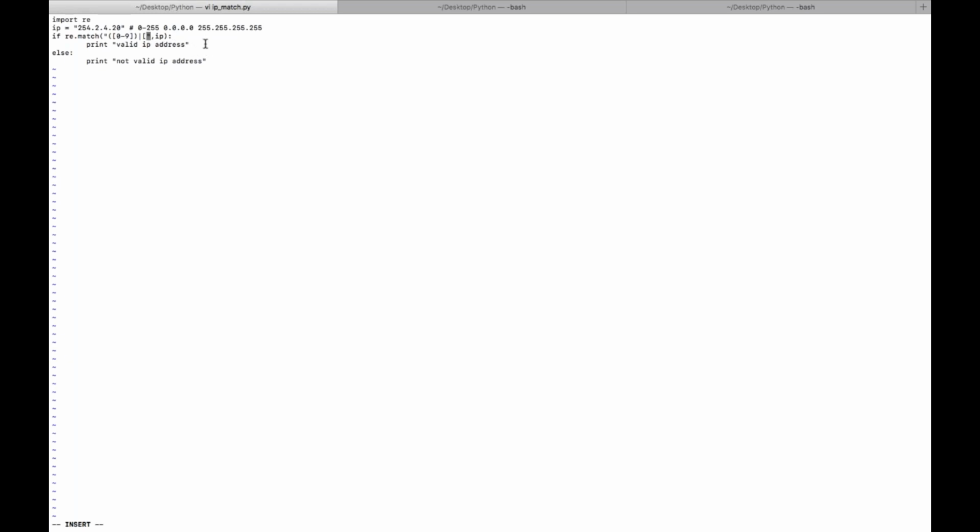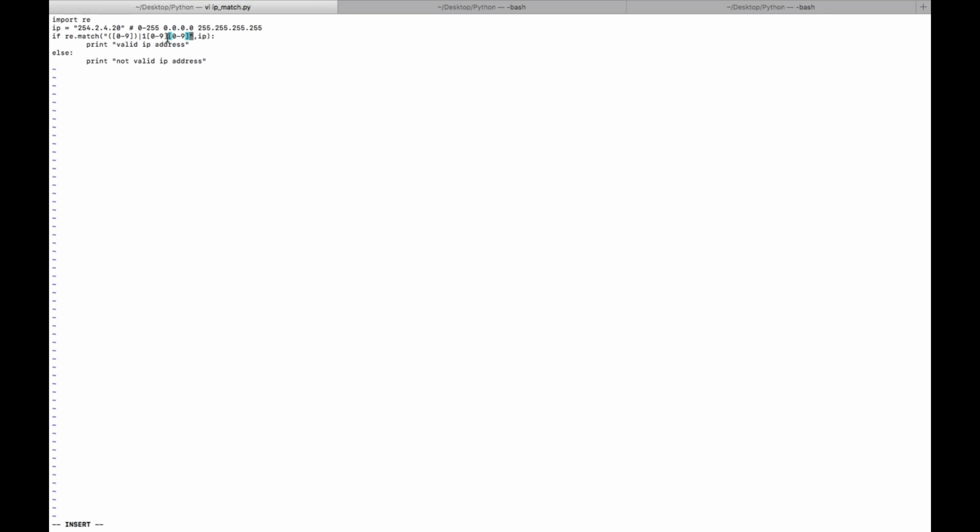So in this case 1 followed by 0 to 9, and 0 to 9, this is for 2 digit. Okay, so the first bracket is for 1 digit, like 0 to 9 it will accept, or so